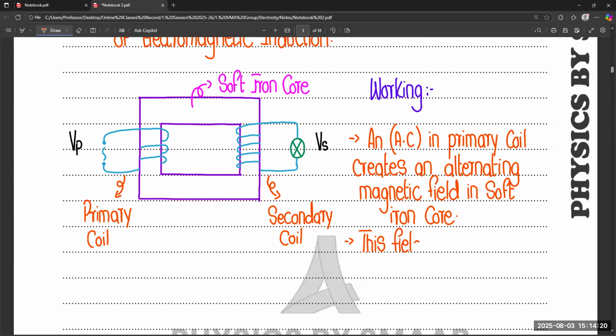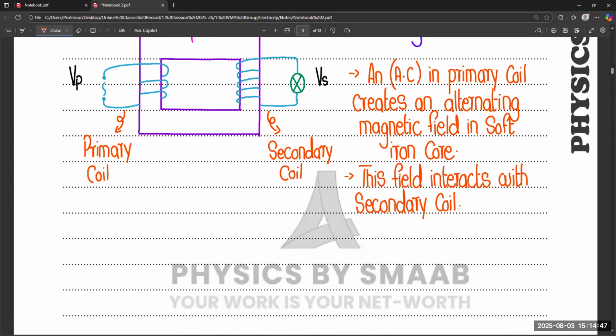So this field interacts with the secondary coil. When it interacts with the secondary coil, finally, because of change in magnetic flux linkage, so the third point